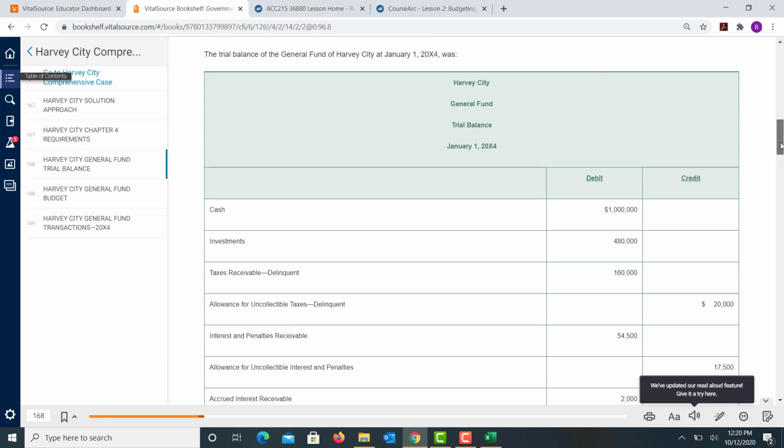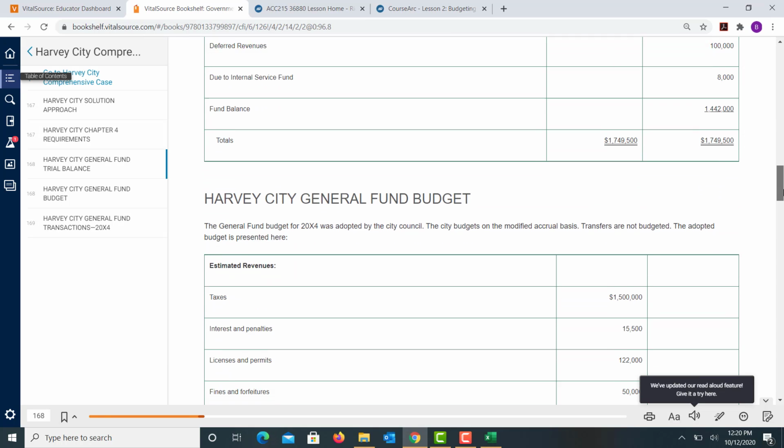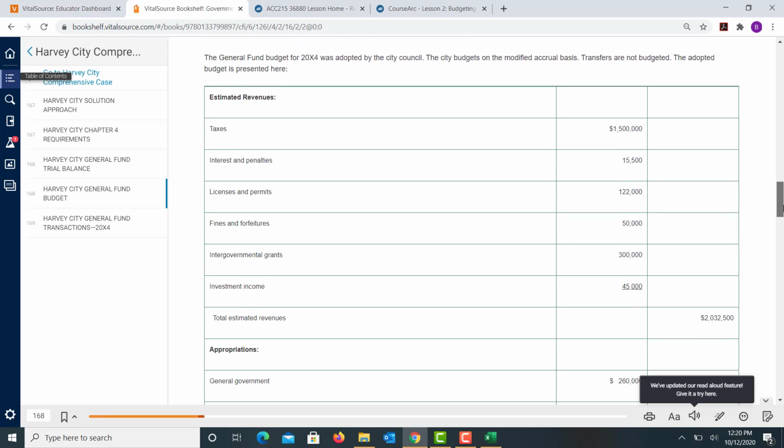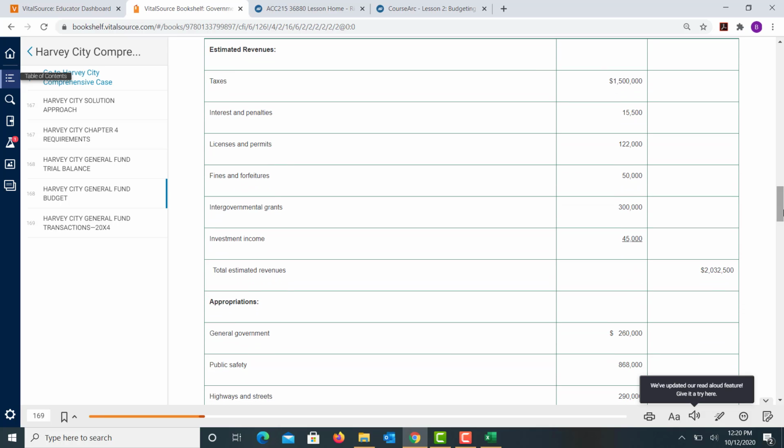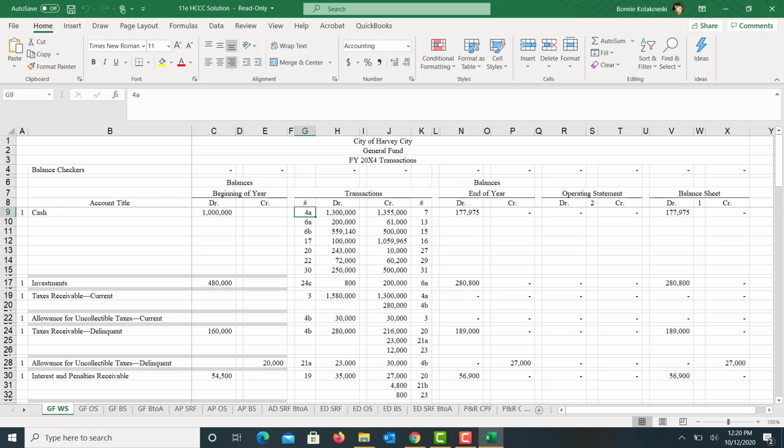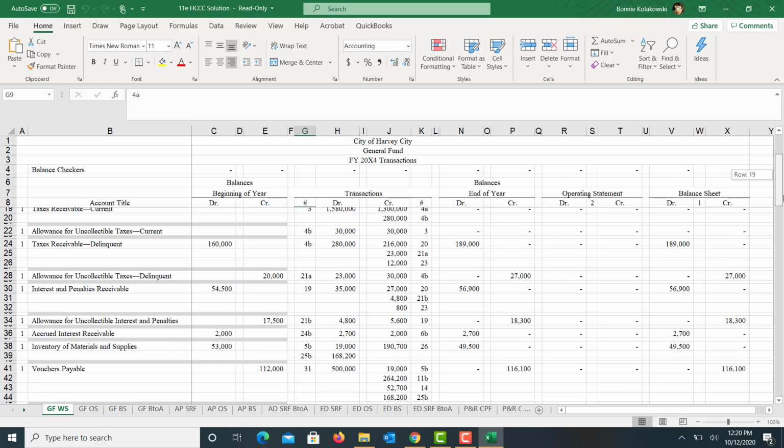So this was their trial balance right here, the numbers that I have entered. And this is the estimated revenues and the estimated appropriations. So you can see the total estimate here is $2,032,500. So your first entry that we saw on page 111 is going to be a credit to your estimated